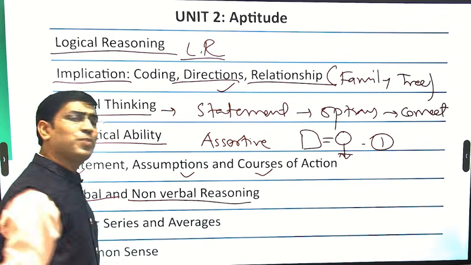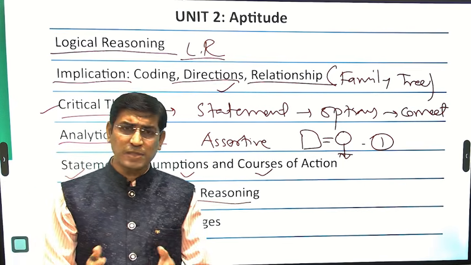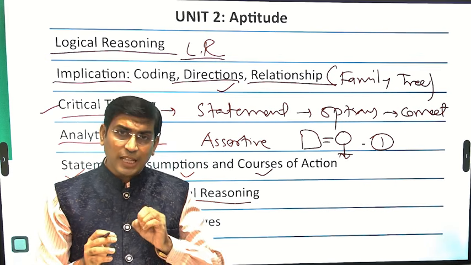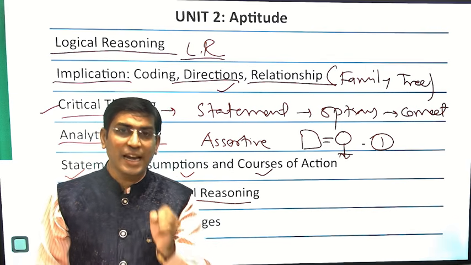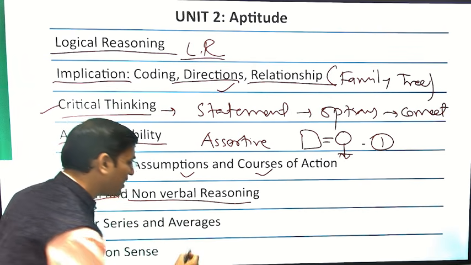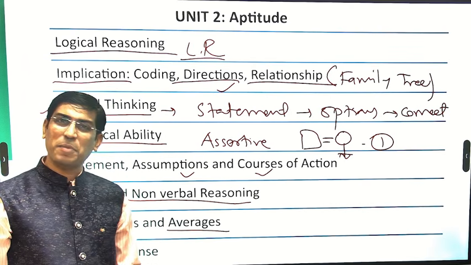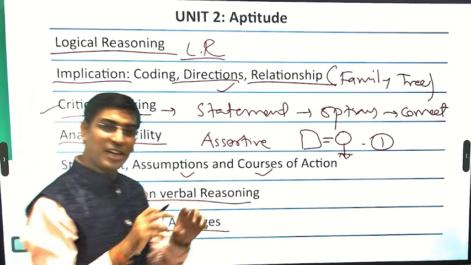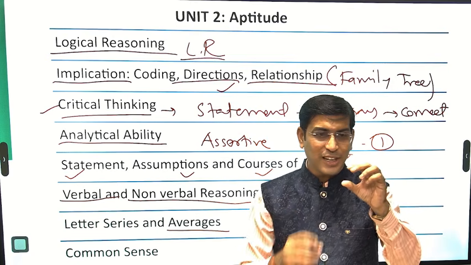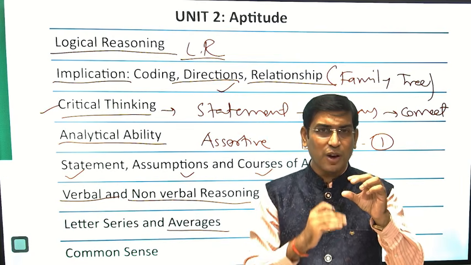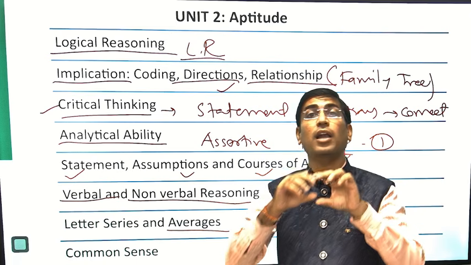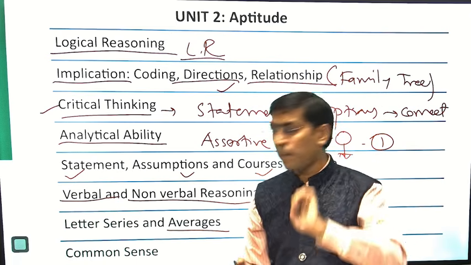Verbal and non-verbal. As we know, in verbal specifically synonyms, antonyms questions could be there. In non-verbal, specifically they are looking to check our analytical skills, how we judge a particular requirement. Letter series, averages. Averages are again simple questions. Letter series, if suppose a letter series is given with the help of particular coding, the first letter could be like this one. Maybe the first letter goes back four letters, the second also four, the third also four. Likewise, the thing could happen over there.